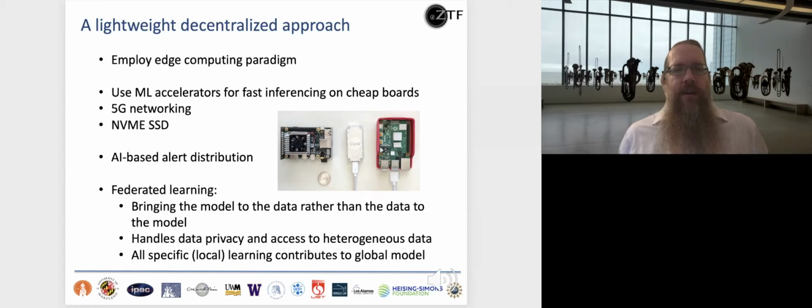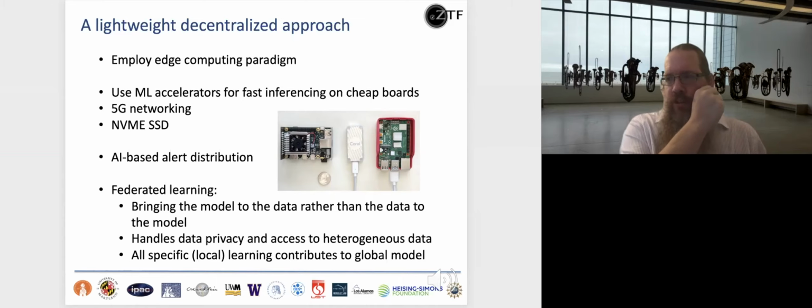You can get a 5G networking card for that for another $50, and you can get a $100 SSD on that, and you have something which is as performant as the cluster down in your basement in terms of doing fast inferencing. So what happens if you have a whole load of those together and you start doing fast